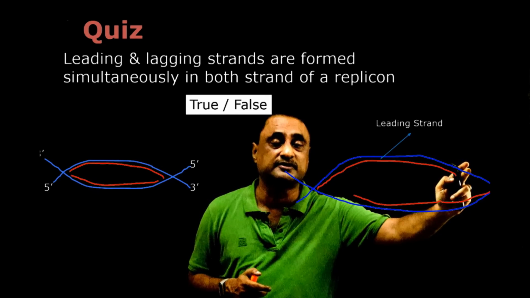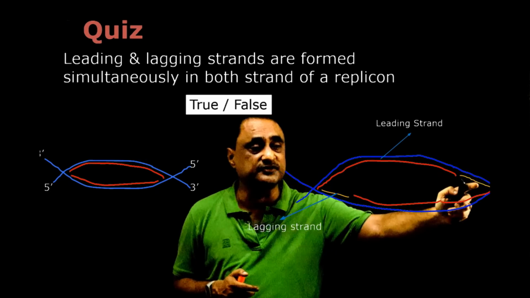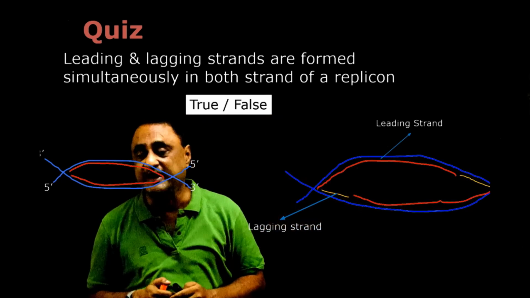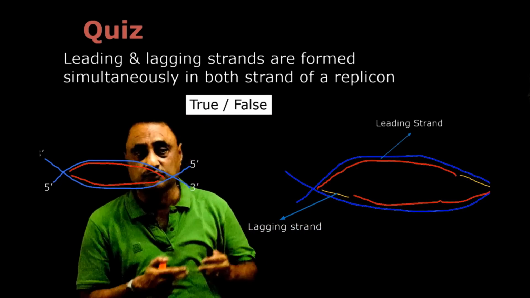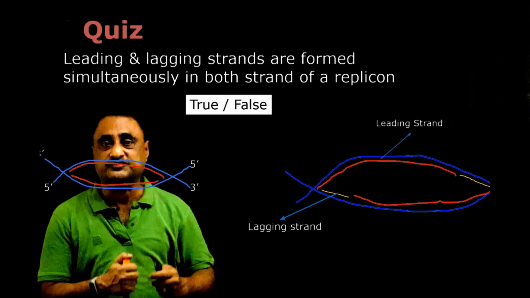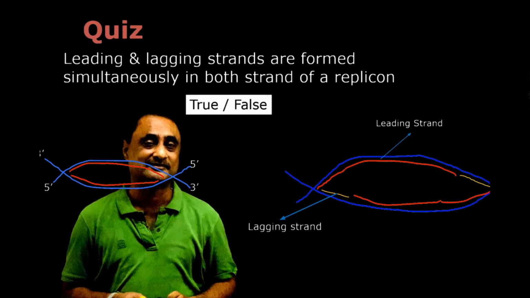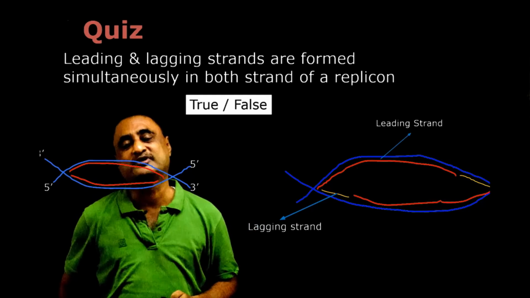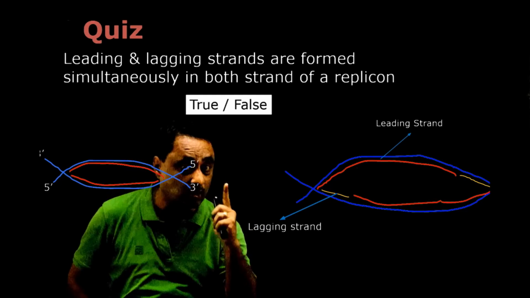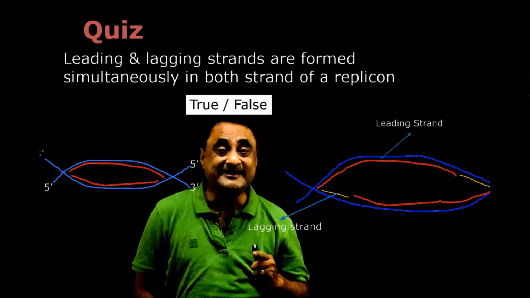So this is a lagging strand. You can see that in the same strand, we are going to have both leading as well as lagging. So the above statement is absolutely correct, that in the case of a replicon, the leading and lagging strands are formed